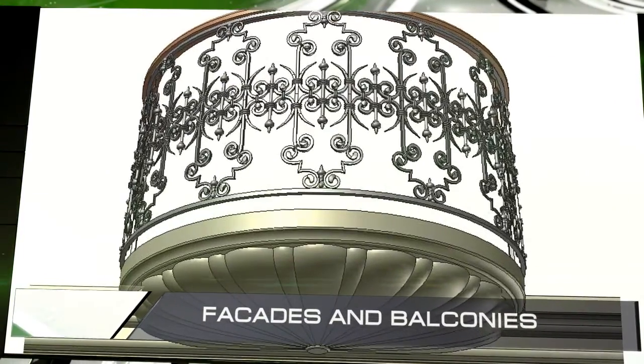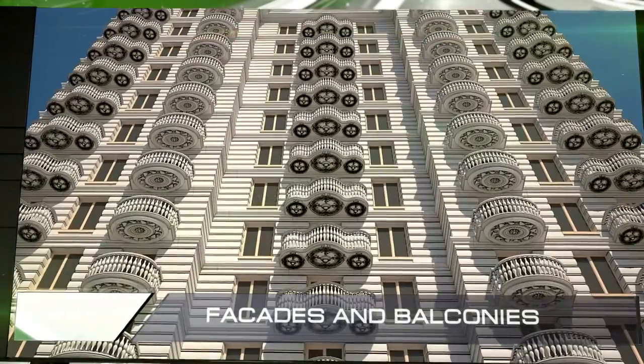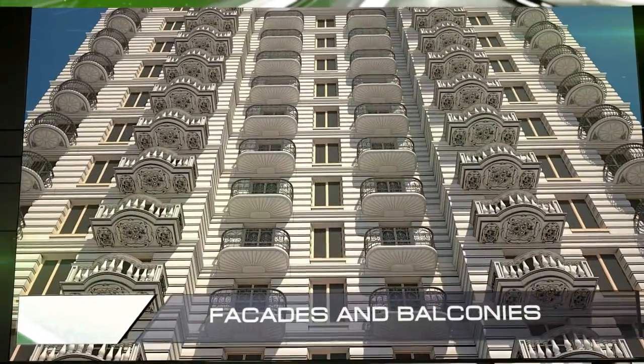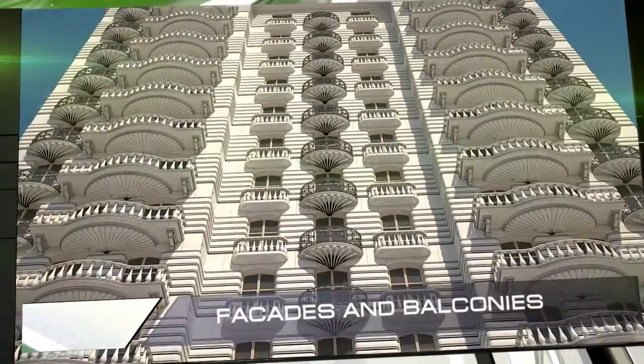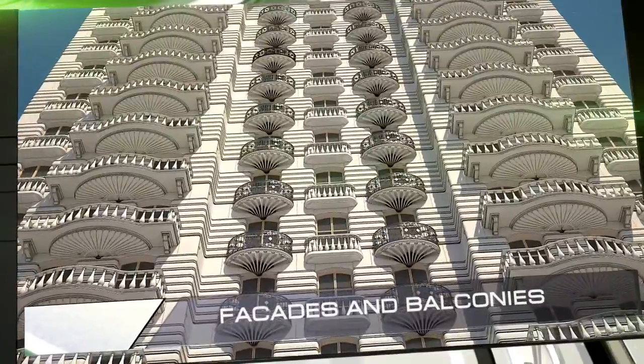Every architect knows that balconies are one of the most important parts of the shape of a facade. Balconies change the appearance of a building. Thanks to the large variety of balconies and panels, we can build thousands of cities, and none of them will